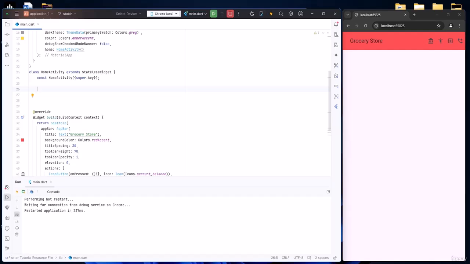So to create a function, what you guys can do is just type my